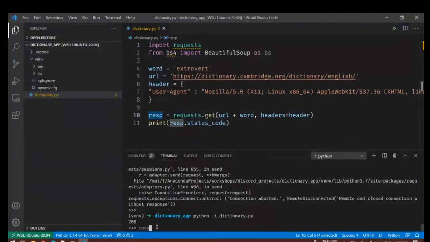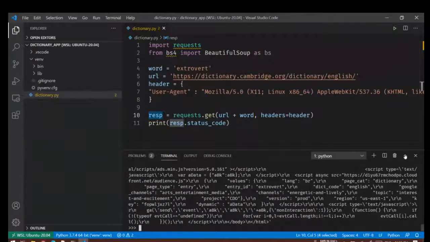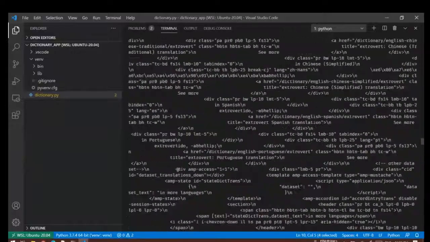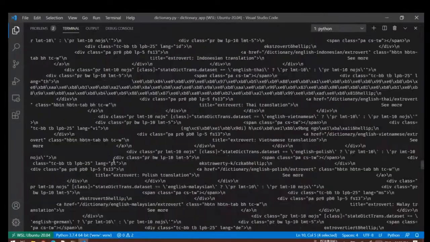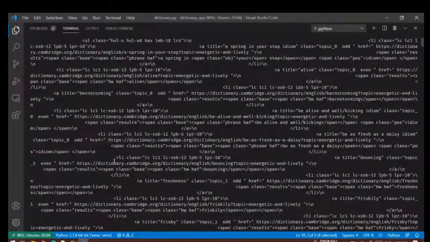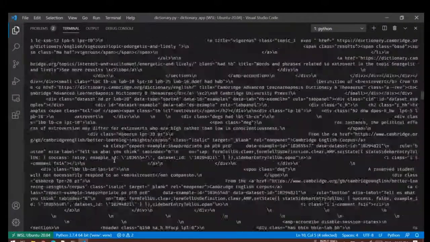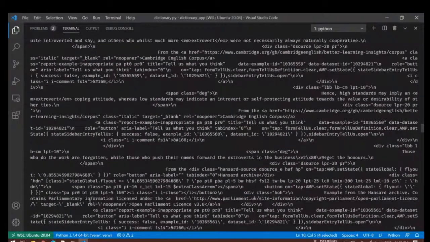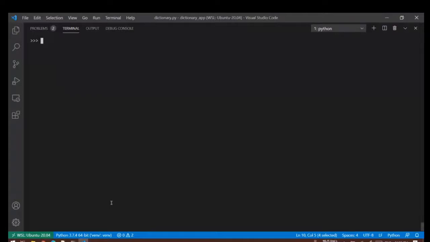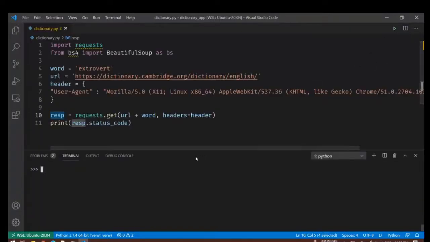I'll simply say response.content to see its content. This is the complete web page and its data. It's not presented in a very pretty format, but this is how it looks. Let's clear the window.